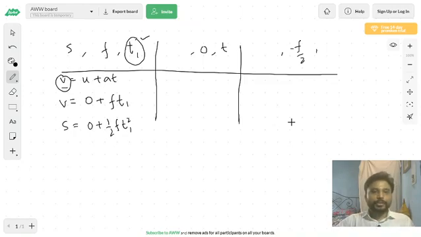One more expression which we can come about is v squared is equal to u squared plus 2as, but I think these two expressions are sufficient for us: that v is equal to ft1 and the displacement is equal to half of ft1 squared, right? So can we write v in terms of s and f? Would that be possible? Can we eliminate t1 over here? So let us try that. t1 is equal to v by f, and when we substitute that over here,